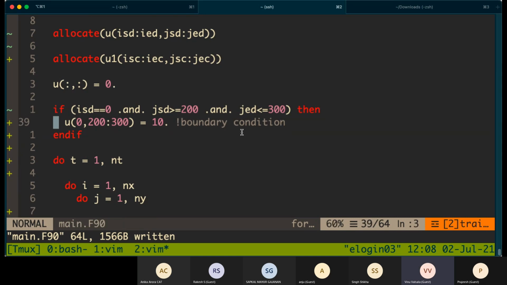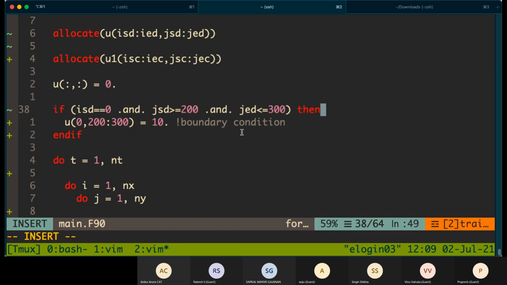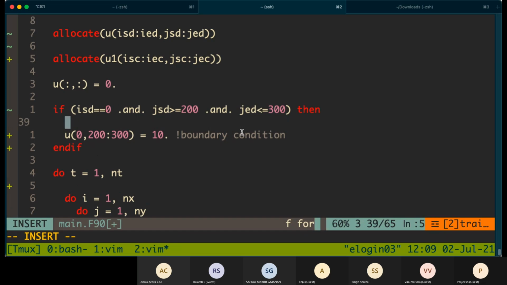Okay. So this is still not actually perfect, because there can still be an error. If one processor is only from 200 to 210, this part will still work, and here it will give an error. So we need to do something else here.